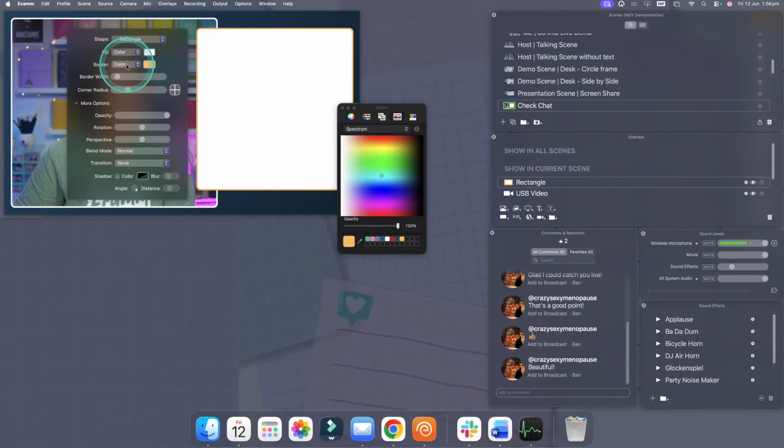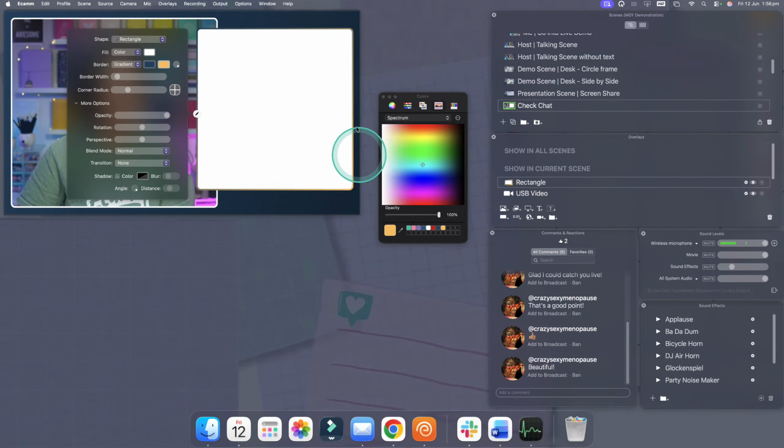Or you can have, instead of a solid color, a gradient. And then gradient will pick two colors. So let's pick this blue, and then let's pick the second color as yellow. So then against the edges here, it stands out a bit more. So these are just the aesthetic side of things. You don't have to do it when you are first starting, but just for demonstration purposes while we are here,